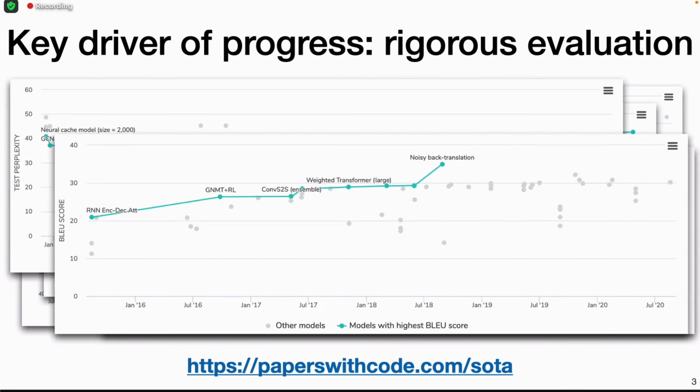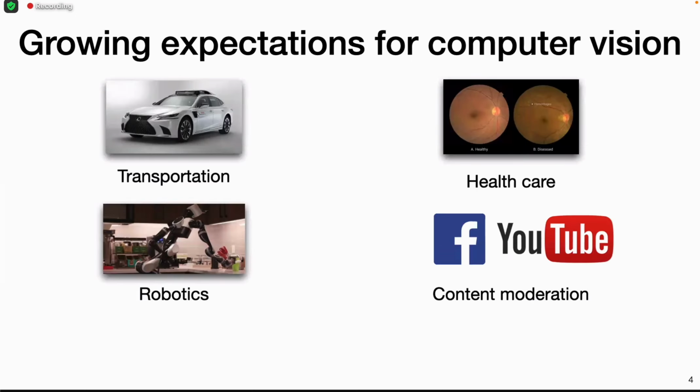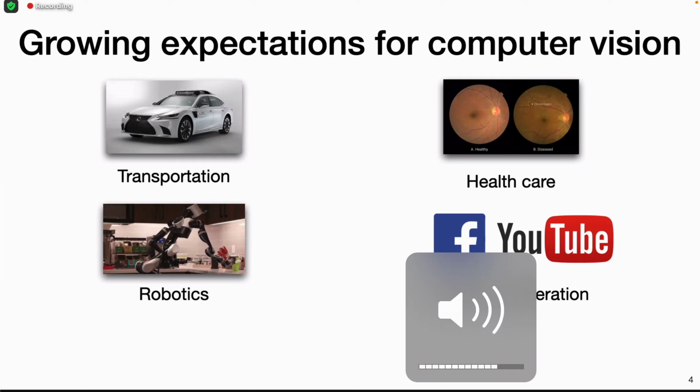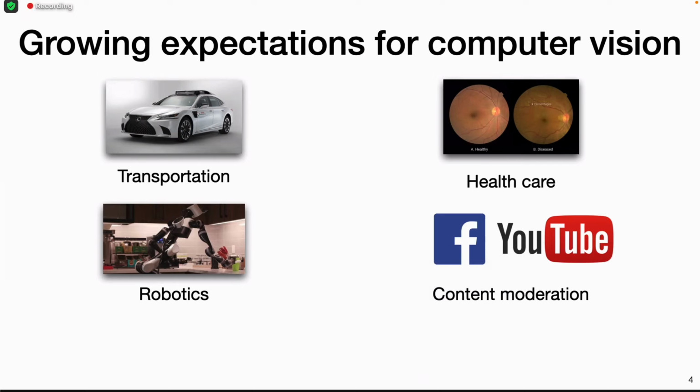And with this growing research success also come growing expectations for computer vision. People would now like to use all of these new tools, not just for writing research papers, but for building real applications in the real world. I think one of the prime examples that has got a lot of public attention are self-driving cars and various other applications in transportation like trucking and so on. Another big one obviously is healthcare, like various applications like medical chest x-ray analysis and so on. Robotics, online content moderation, and the list goes on and on and on.